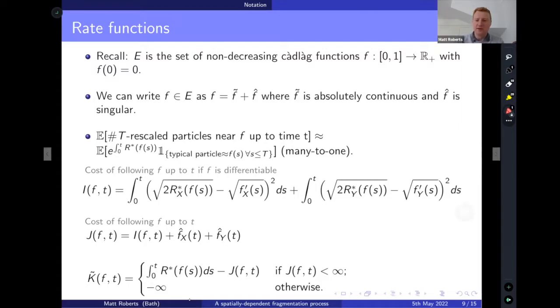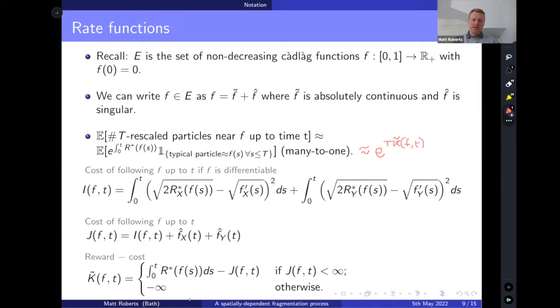Okay, so that's like the reward minus the cost, and we might hope that this somehow characterizes how fast the system is growing. And indeed, if we plug this back into our many-to-one formula, this should look like e to the t k tilde of f and t. Okay, so it's all looking good. We can get these approximations working,